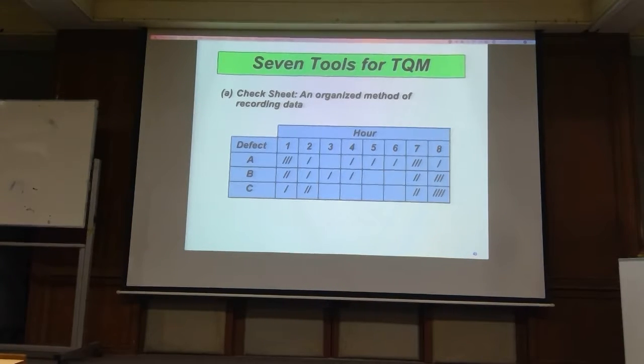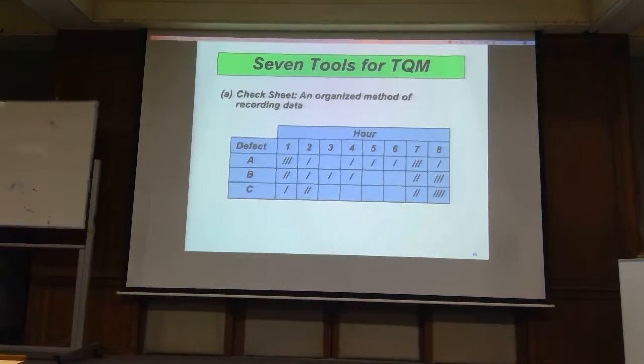In this slide, it's quite simple. With the check sheet, we try to record the type of defect. We have 3 defect styles, A, B, and C, and we try to record every hour. And what information can the check sheet provide to us? Normally, it can tell us about something wrong, or the trend, or something that we need to investigate more